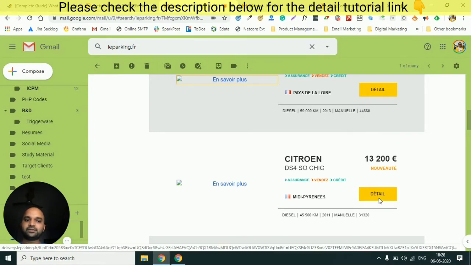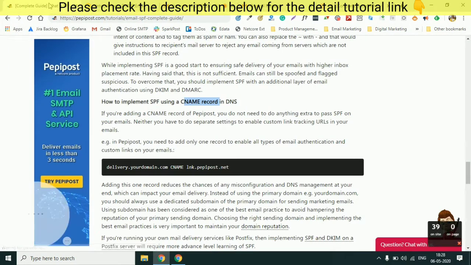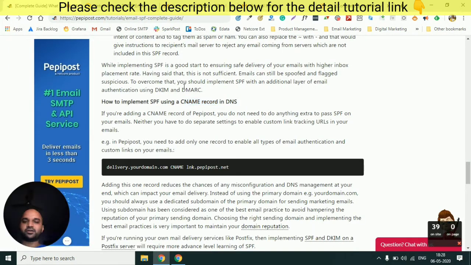But in this case the links will be of your domain only. Like here, the domain was Lee Parking and the links were coming from Lee Parking. Why is this possible? Because he has done one canonical pointing, that is CNAME pointing, and because of this CNAME pointing SPF is done, these link things are also handled, DKIM is also done. Everything can be done with that one particular CNAME record.